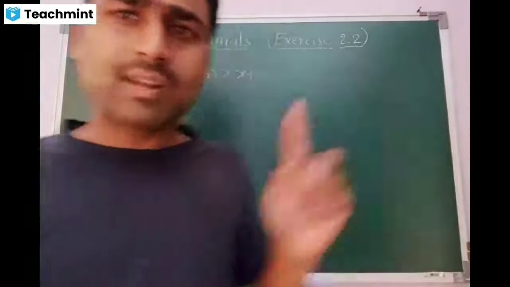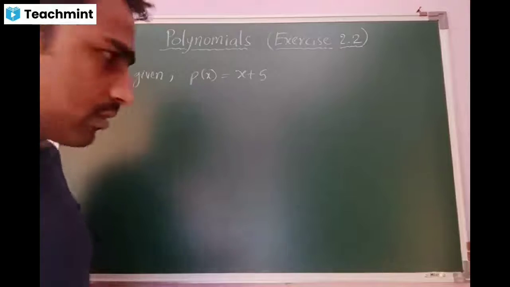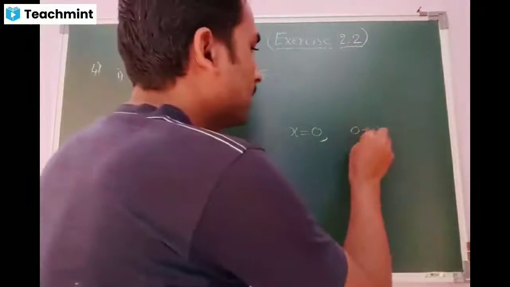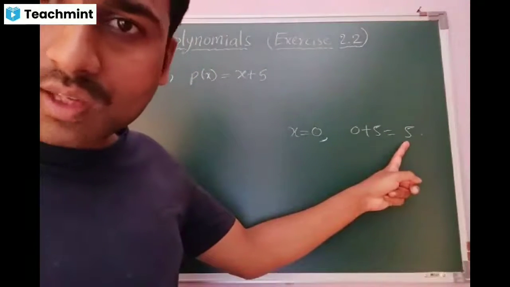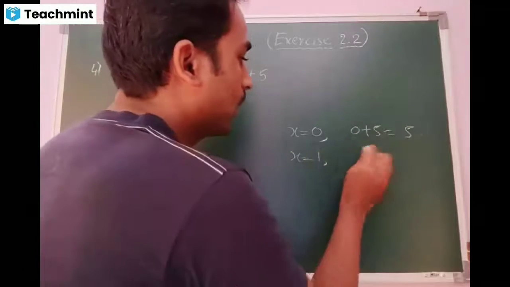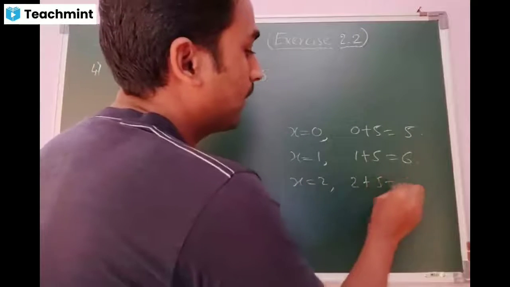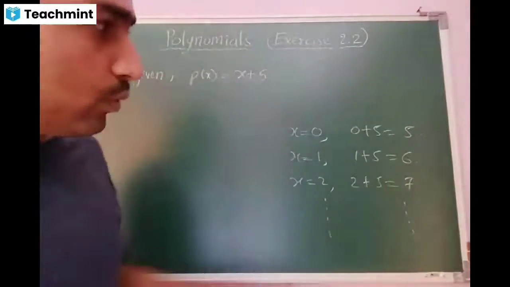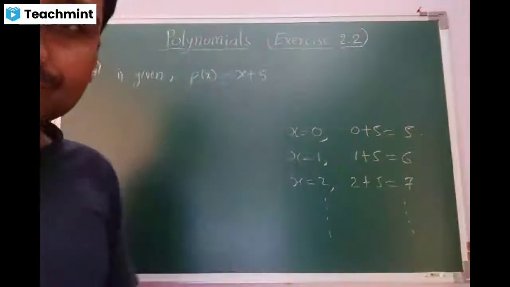Say, for example, this one I will show you. x plus 5 is the polynomial which they have given. Suppose you take x is equal to 0. The expression becomes 0 plus 5 is equal to 5. The answer is not 0, hence it is not a zero of the polynomial. If I take x is equal to 1, 1 plus 5, the answer becomes 6. x is equal to 2, 2 plus 5, the answer becomes 7. It continues, beta. If you go for positive values, the value is going to increase. We are going away from 0. Am I right?